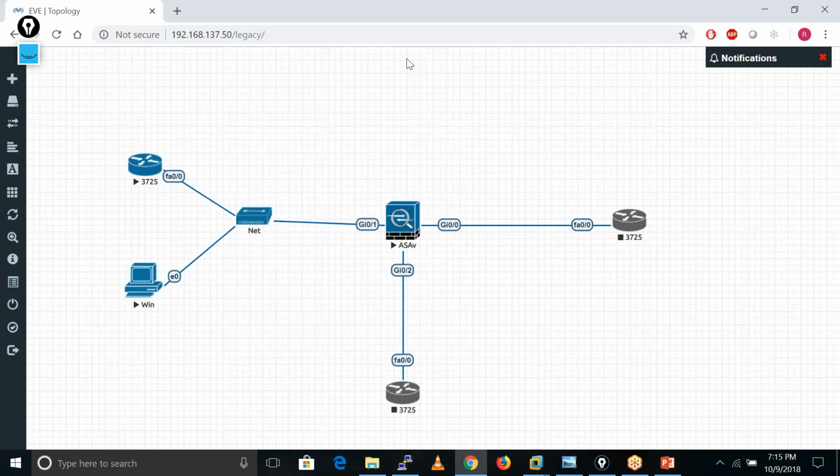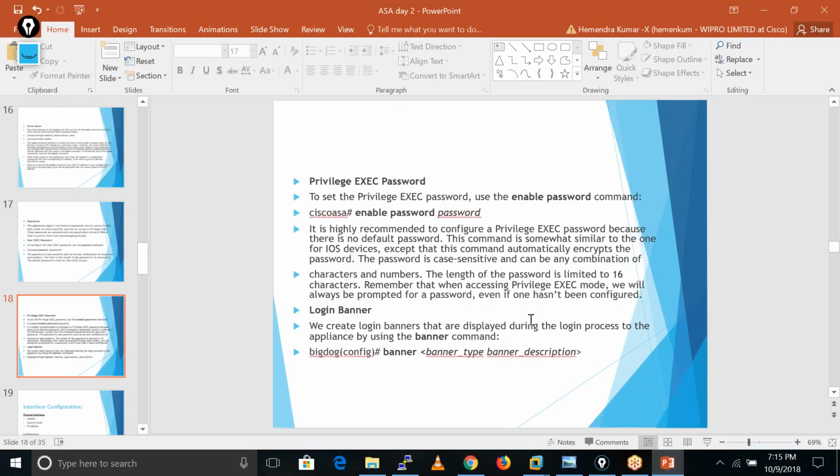So I will show you these things when we do the practical over SSH and telnet. At that time we get these details when we log in on the ASA firewall. So just skip for now. We will see it when I complete that, and after that, I will show you how we can configure those steps.